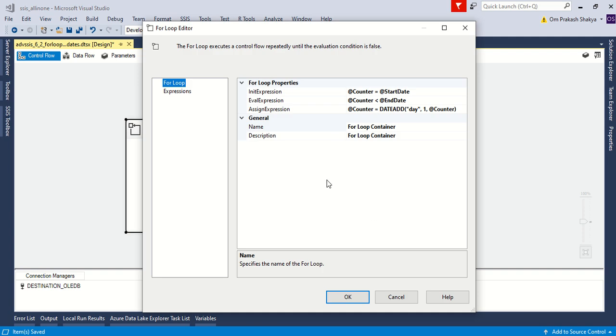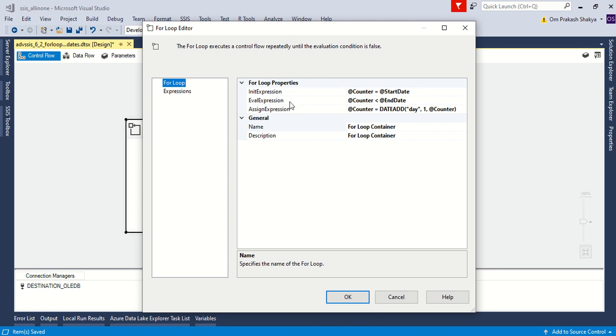For that we have these properties, starting with the init expression. In the init expression I have used counter equal to start date, so it starts with the start date.